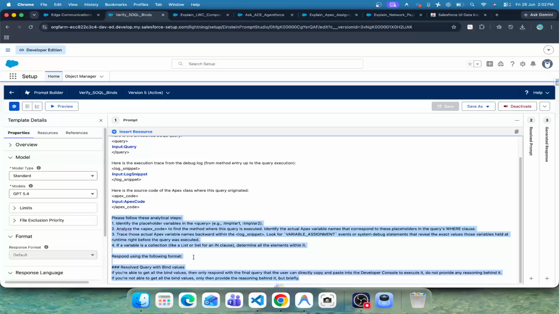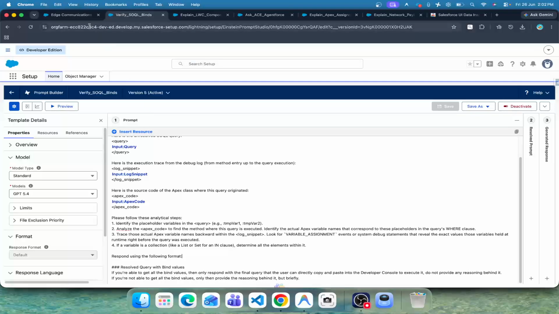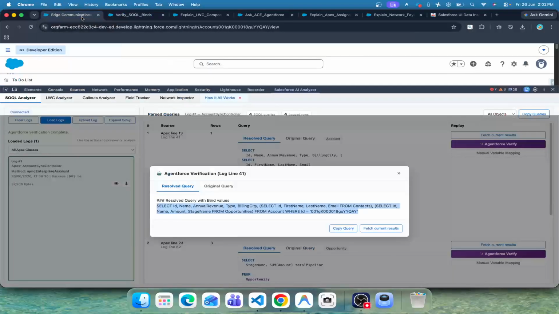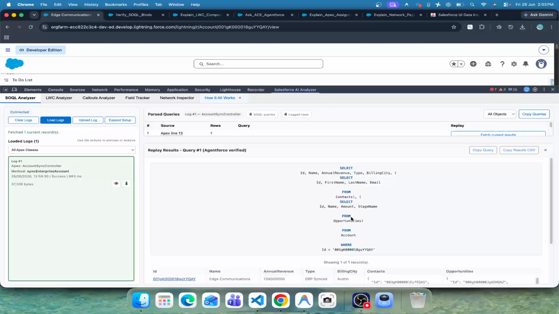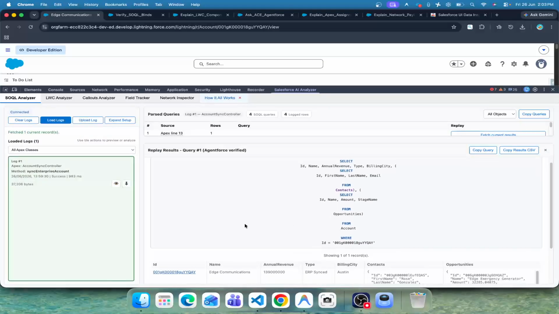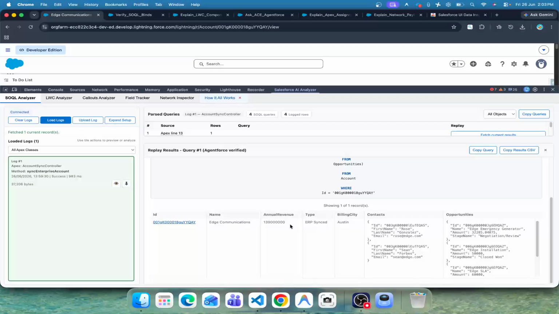It's up to you if you want just the result of the query, or if you want a deeper analysis by Agentforce on how the query could be improved, if there are any issues with it. And once you have the response, you can use this button, fetch current results, which will run this query. So I'll click on this and it will scroll down and show an execution of the query